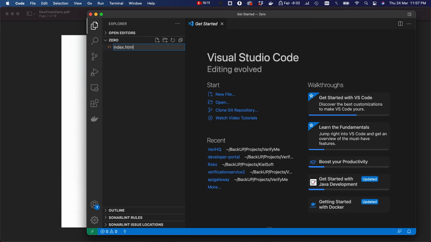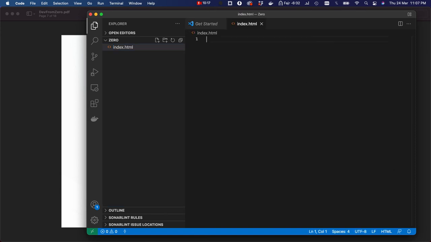Index.html. So I hope we can see my screen clearly. So index.html and press enter. Then you'll notice that the file has been created for you, and you can see it is inside my desktop. If you click inside it, it's inside this desktop, inside a video zero folder, and there is a file called